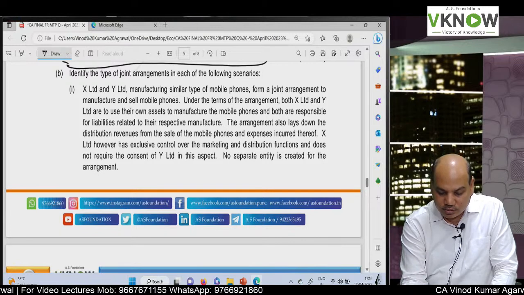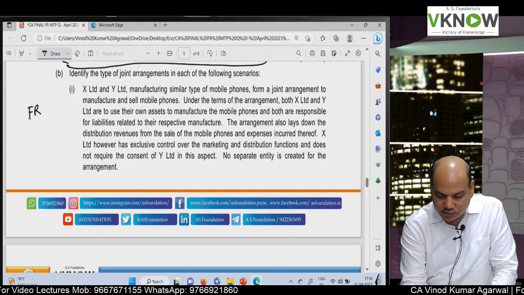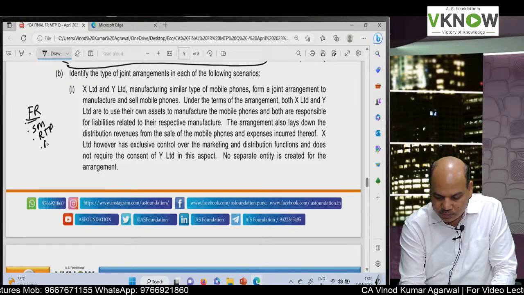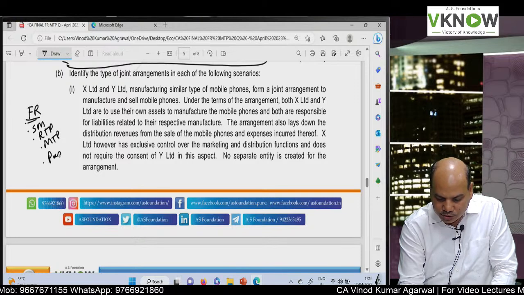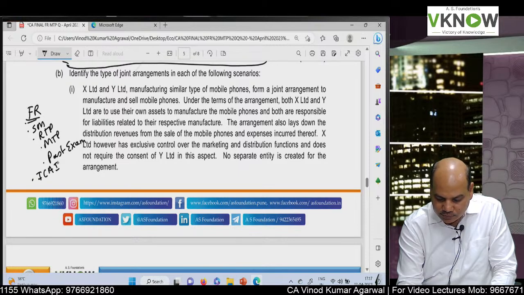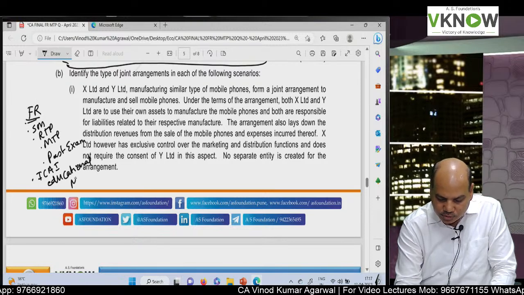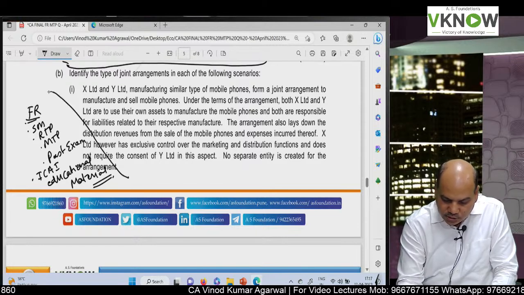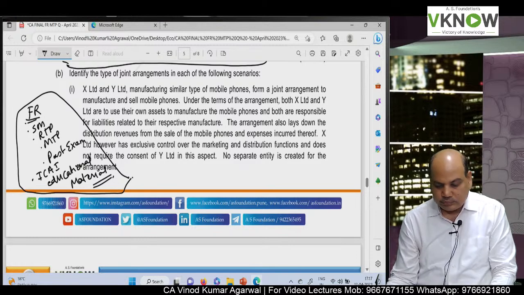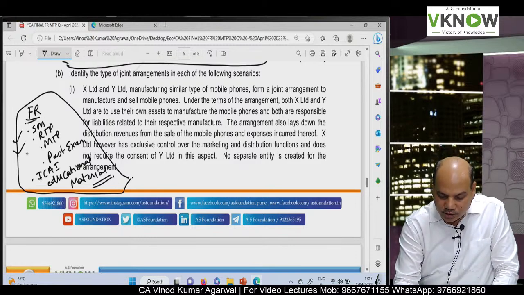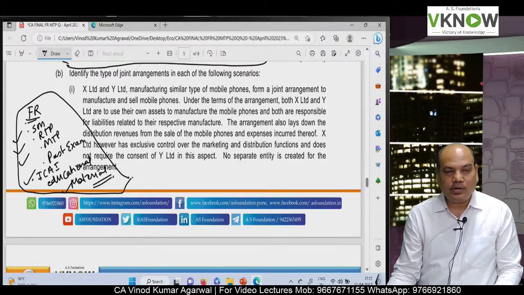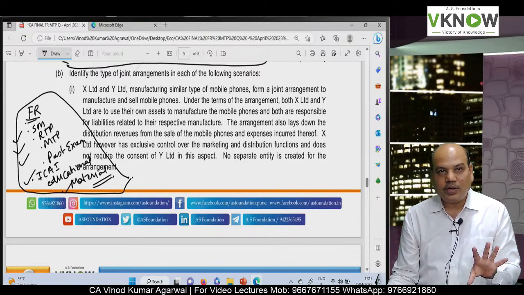So dear student, we have covered in our FR batch, just to tell you, questions from study material, questions from RTP, questions from MTP, and questions from past exams, and also important questions from ICAI educational material. This is another publication of the institute which normally is used by the members, but good questions from this are also covered in our class notes. And this is basically the question bank from where the institute will ask you the questions. Everything covered at one place.